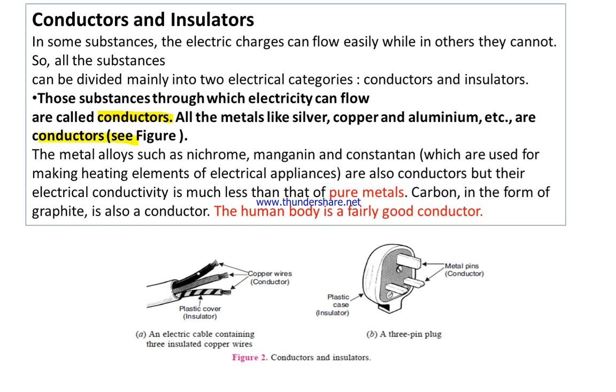We can also see a figure here that it is a copper wire. Okay, so if it is not insulated, or you can say if it is not covered with the plastic, then these all are very good conductors of electricity. Okay, again some more examples have been given here that you can read out.